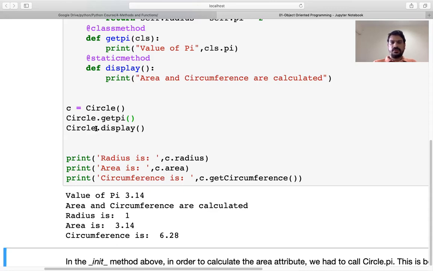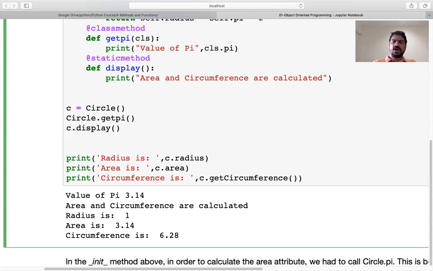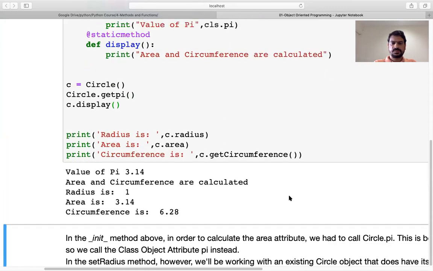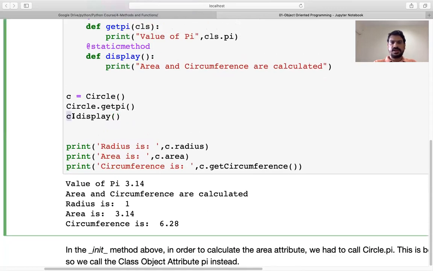Now let's see if I want to use this display and I am using an object for it. Here, if you see, because that object has been created from the class, this is working fine and we can call it. Can we call display without the dot operator?